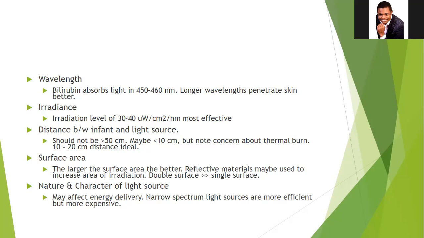Another one is the surface area. Now, the more the surface area that is exposed to the light, the more the effectiveness. So that is why whenever we want to put a baby on phototherapy, the only thing we cover is the eyes, the gonads, and the perineal area. Some studies have shown that it could cause some testicular issues or some issue with the eyes. So we just cover those to prevent any of those damage. While you expose the remaining part of the body, every other part of the body has to be exposed. And the baby should be regularly turned so that the part that the baby is sleeping on can also be